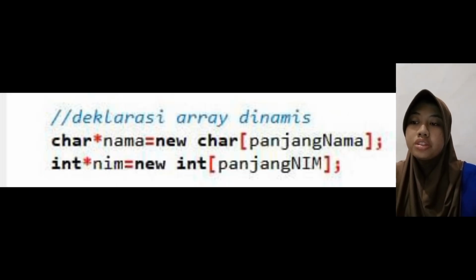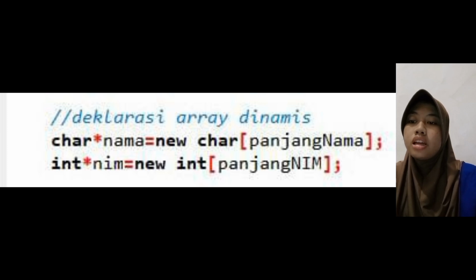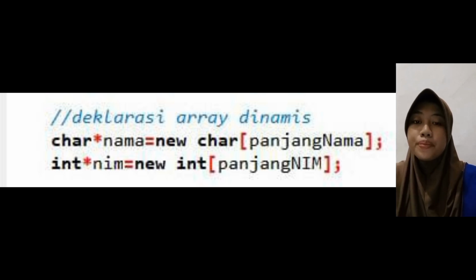Char name, new char. Char name declares a pointer to a character, name. The pointer will point to the beginning of a character array. And then new char, this is the new operator which is used to allocate memory dynamically. Here we allocate a block of memory which is large enough to accommodate the length of the name characters.